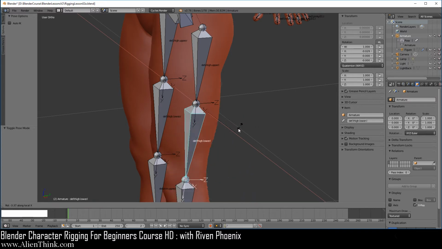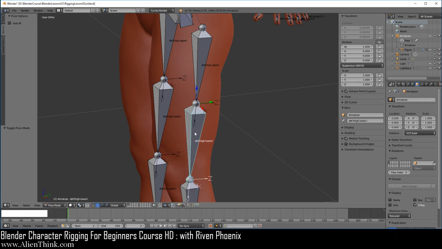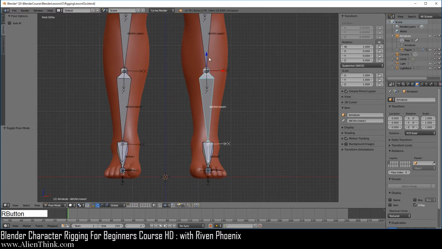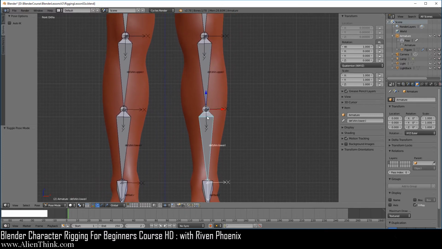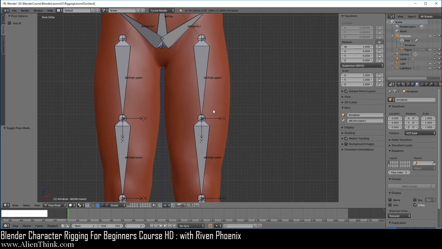But you're not going to be messing with this bone anyways. It's just there to help the rotation concept for this joint. So if you press the R key, press the Y key 2 times, you'll notice that it'll give us the ability to make this movement like this. So if we go back over here, you'll see the reason behind why we have split this. If we press the R key, press the Y key 2 times, it'll give us the ability to do this sort of movement on the bottom of the shin. Okay, so this is how these bones are going to be set up.